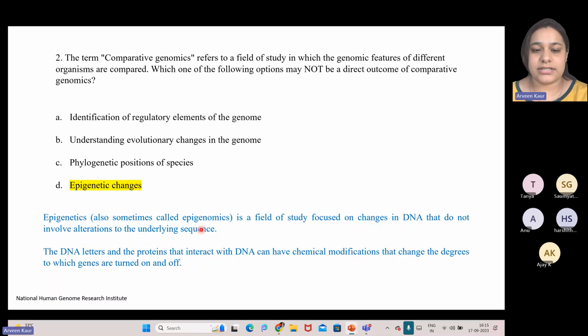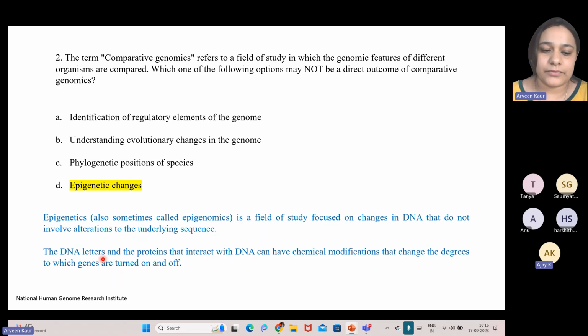So, like I just said, epigenetics is a field focused on changes in the DNA that do not involve alterations in the underlying sequence, right? The sequence might be exactly the same, but the DNA letters or nucleotides, as we know, and the proteins that interact with this DNA, proteins such as transcription factors, maybe, or other polymerases that are being recruited to it, we can have chemical modifications that change the degree to which the genes are turned on and off, right? For example, if we talk about proteins such as histone, if the DNA is tightly wrapped around a histone,